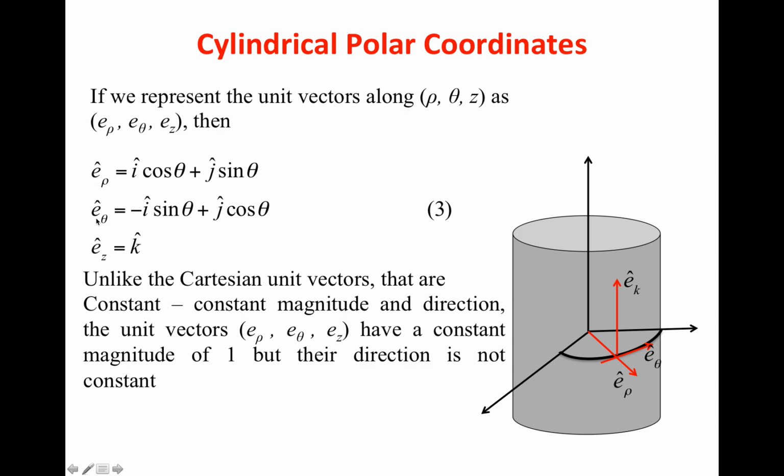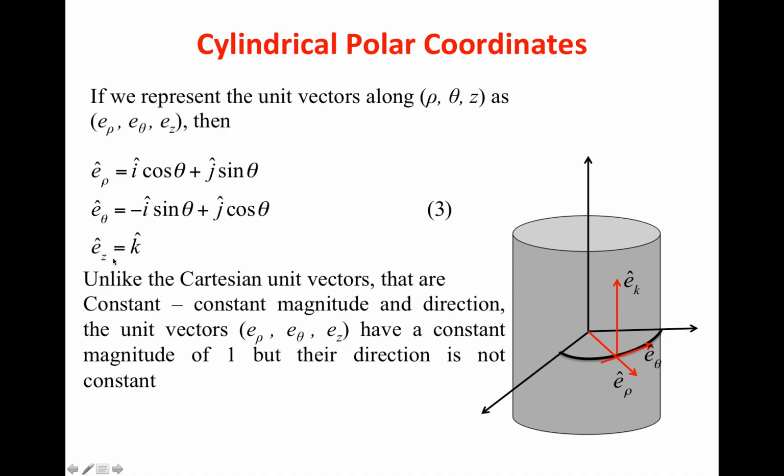So, this becomes my column matrix having the unit vectors e rho cap, e theta cap, e z cap. The coefficient matrix will be cos theta, sin theta, 0, minus sin theta, cos theta, 0, 0, 0, 1, multiplied by the column vector which has these vectors i, j and k. For the coefficient matrix that you have, just take the inverse of it and you can represent your i, j and k in terms of these unit vectors e rho cap, e theta cap and e z cap.